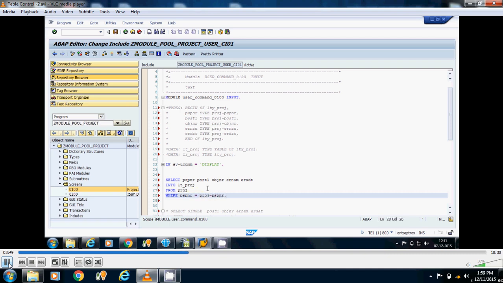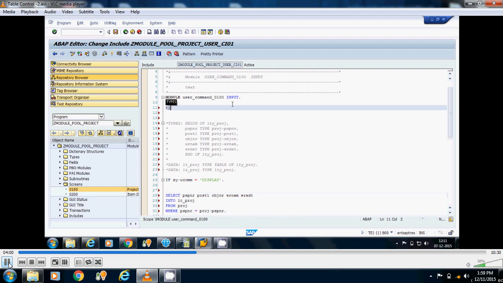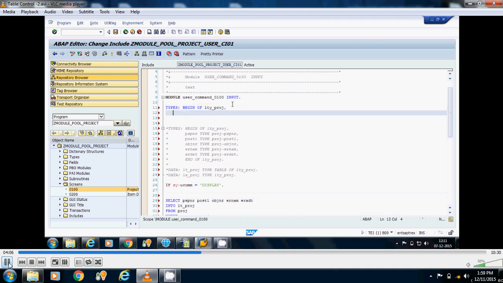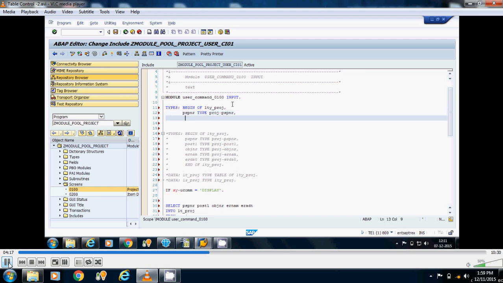I am just writing the query in a different way because after that I have to fetch the data from the PRPS table. Now I am declaring one type of PROJ table. First is PSPNR. Second is POST1.